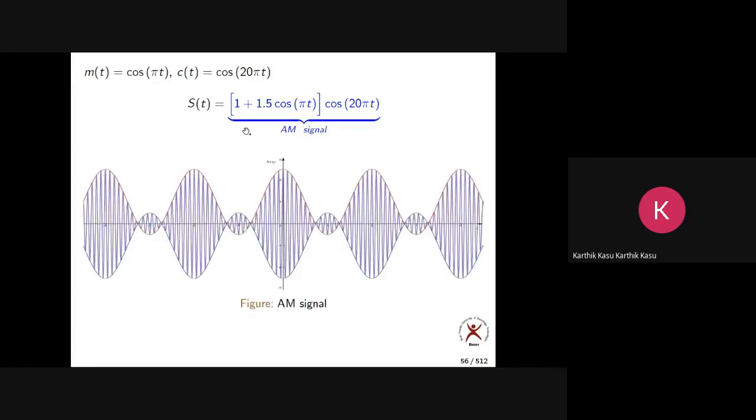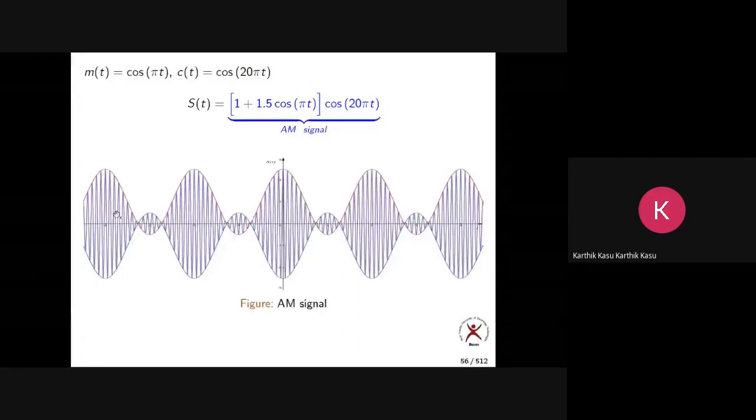Now, when cos pi t is minus 1, what is the value of this envelope? Minus 0.5. So this is the envelope. I am talking about the upper envelope. This pink line represents the upper envelope. Now what envelope does this blue line represent? Lower envelope. I told you already, we take only one envelope. By default, it will be the upper envelope. One is enough for us because both are symmetric.